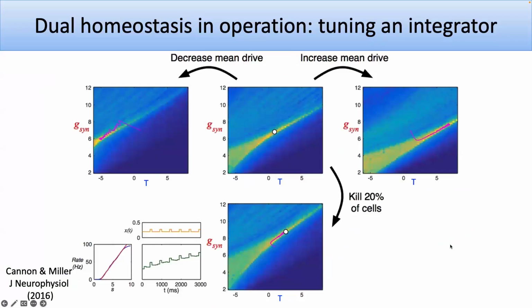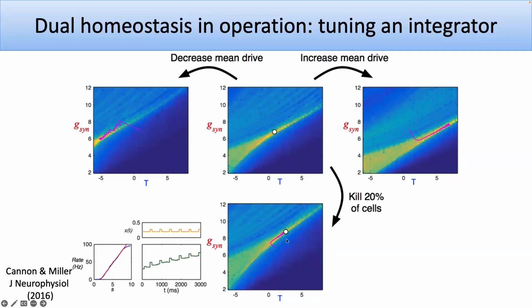And then we can set the system up so that it's an integrator. And again, the yellow is showing where it works really well. And then do things like decrease the mean drive to the cells, which is like raising their threshold. Then the system moves and essentially reduces its threshold, goes down and hits the hotspot. In all these cases, it's hitting the new hotspot. Okay, this is like moving it to the right. This is like moving everything to the left.